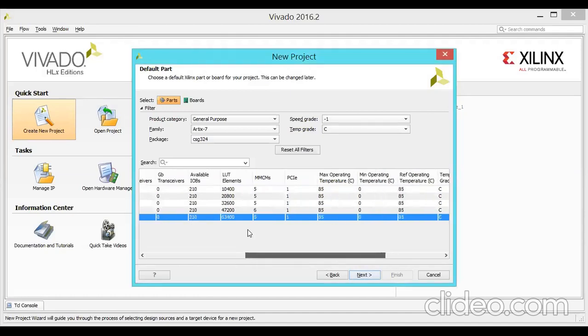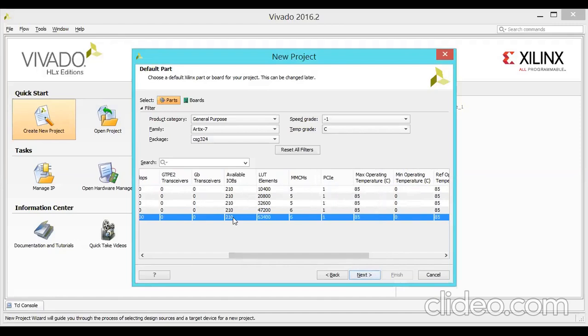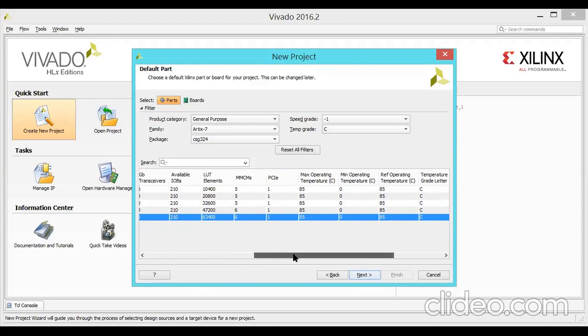Available are 210 only, because the remaining pins are used for board purposes. 324 minus 210: how many pins did they use? 114. So 114 pins they used. We can't use them. Now at the programming level, as a front-end programmer, I can't use all 324. I can use only 210. Why can't I use them? Because those pins are already used for board purposes. So the available pins are 210 only.